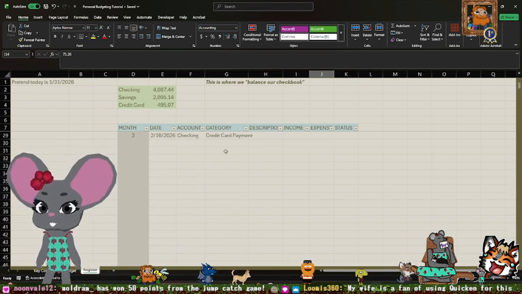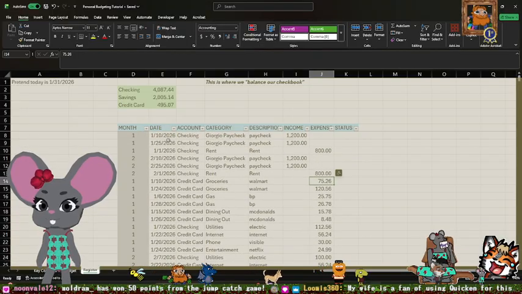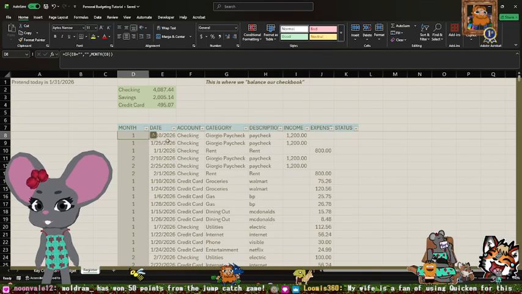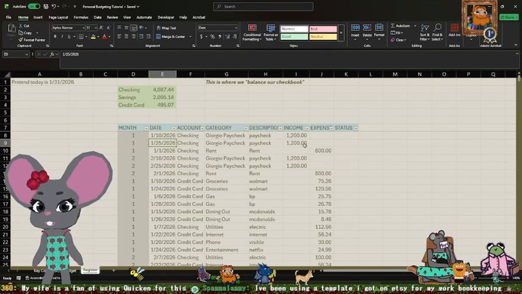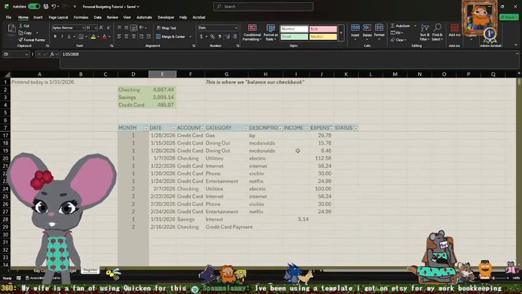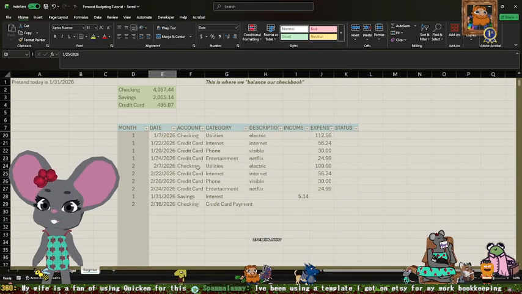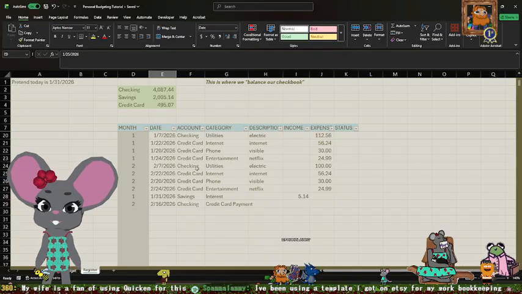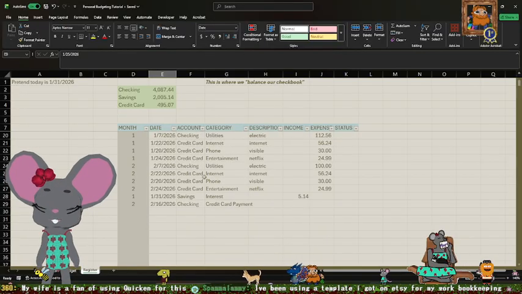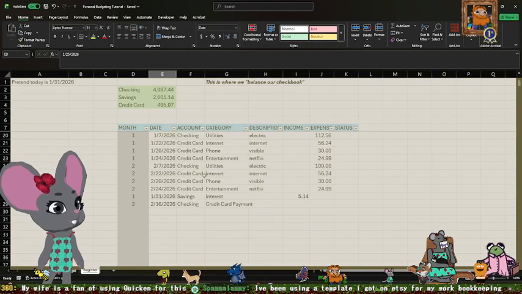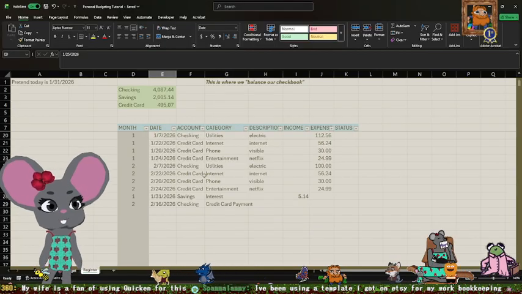Now, we have some transactions in here. We're pretending that today is January 31st. We have our past transactions that we put in here for January. We also put in future transactions for February because we know things that are going to be hitting our checking and our credit card. I've been using a template I got on Etsy. Oh, that's cool, Spammy.